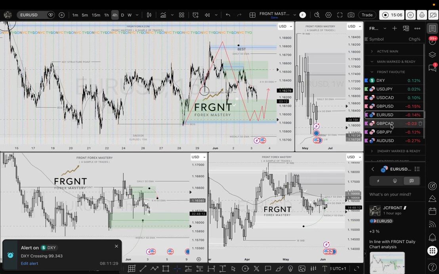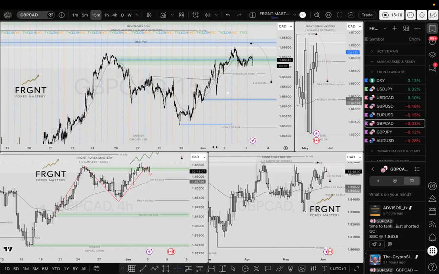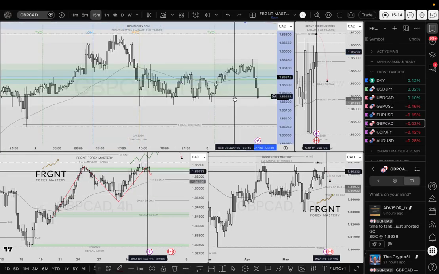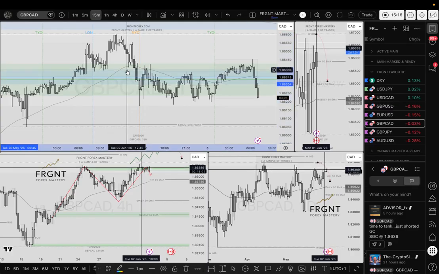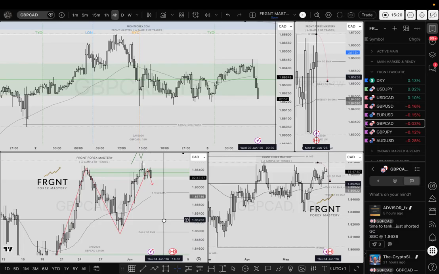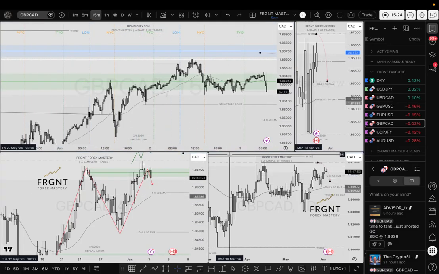Let's have a look what else we got potentially in the market. Can I speed up? GCAD, I was interested in GCAD yesterday. Still think it's in a nice valid point of interest. Let's have a look to see what we have. Let's get rid of this. Did we close above that 4-hour order block? Do I need to get rid of it? No, we did not, so I'll keep the 4-hour order block on there just for a bit of guidance.